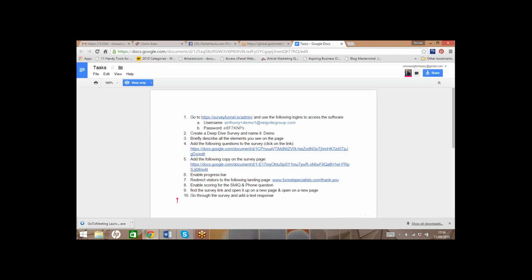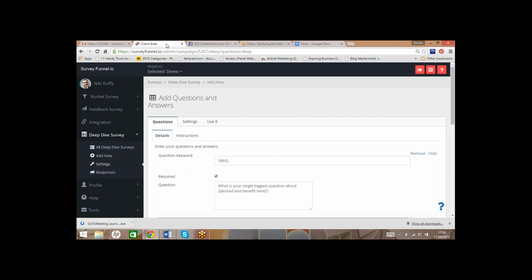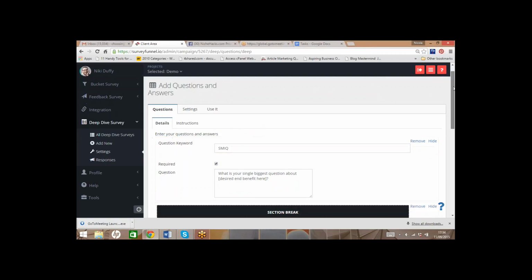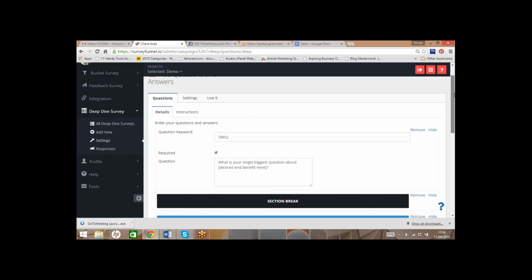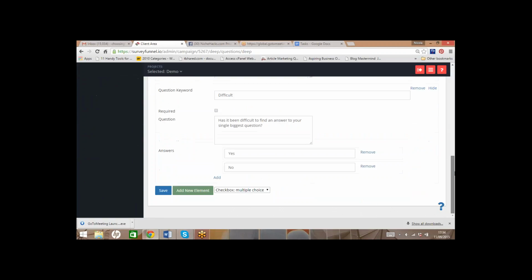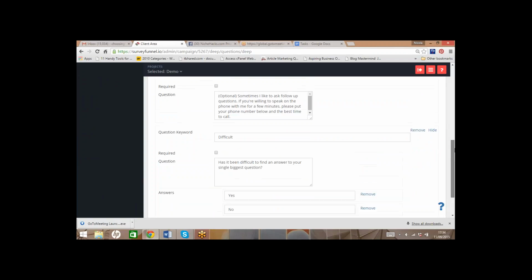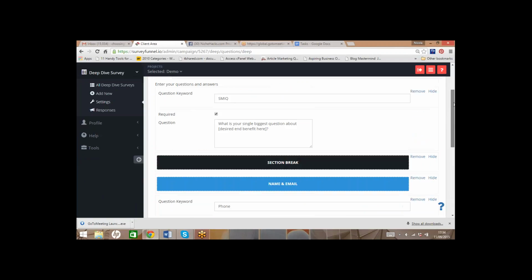Can you please briefly describe all the elements you see on the page? Add questions and answers. Can you scroll down a little bit? Scroll around, and just let me know if it all makes sense to you, if there's something confusing, or something that doesn't make much sense to you. No,